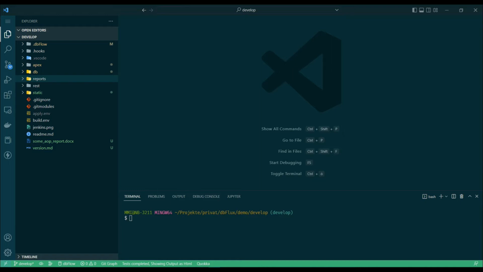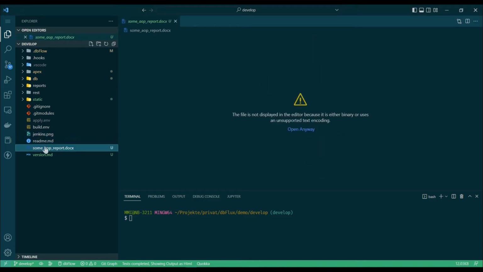Today I will show you how to get your files into the database. Let's imagine we have AOP as our reporting engine and we want to save our report templates into the database. We want to insert or update them into a blob column of a table. For example, I have a Word file here, which is our report, and this should now be stored in our